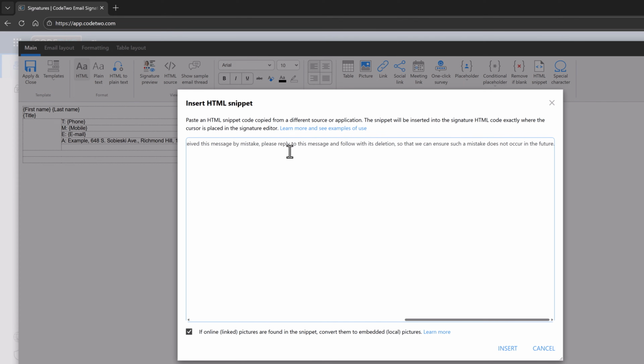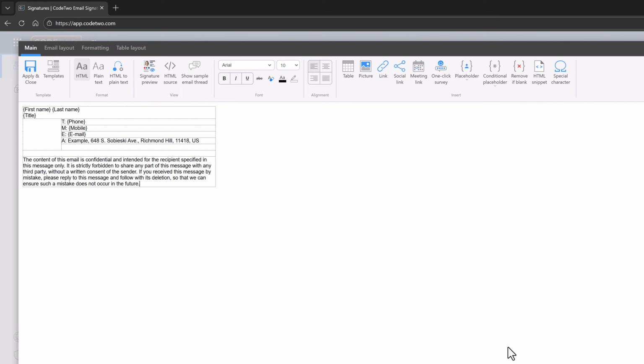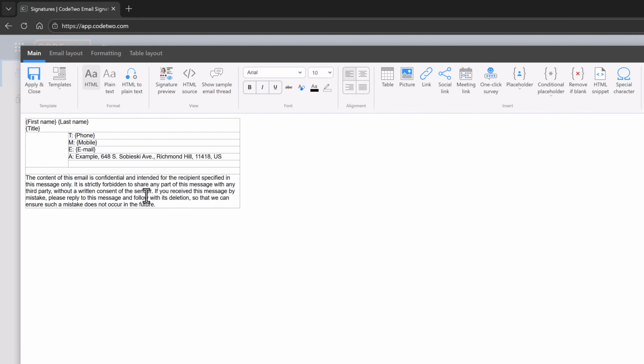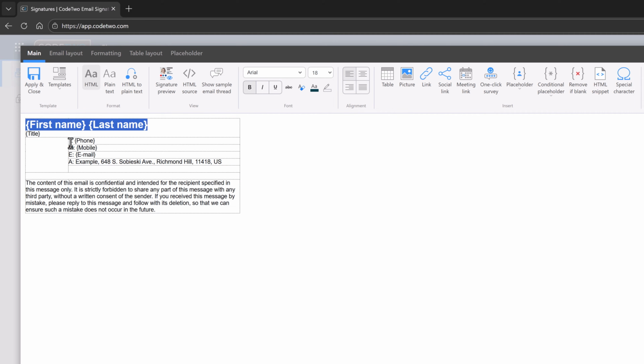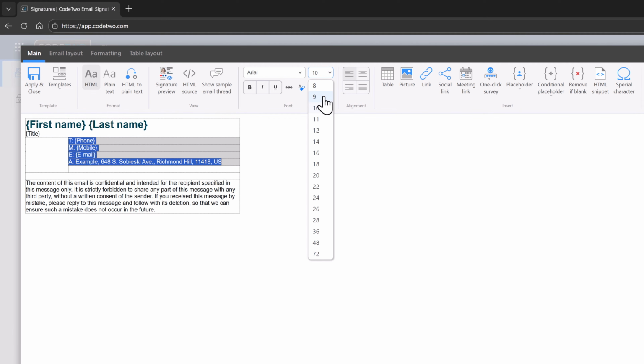Paste your content here and click Insert. The text will automatically adapt to formatting of the line where you insert it. Now use the options available here on the main tab to customize the size and style of the text. You can select multiple cells at once if you want to apply the same style to different parts of the